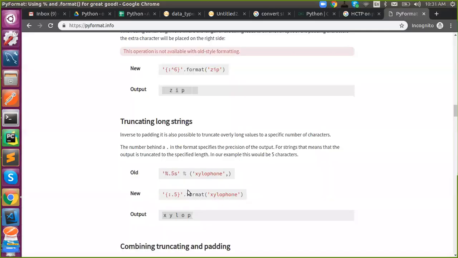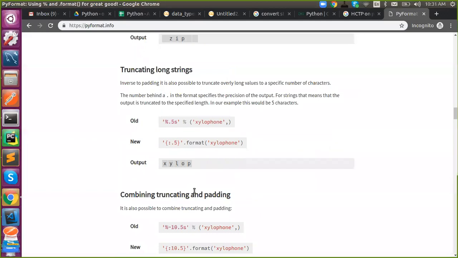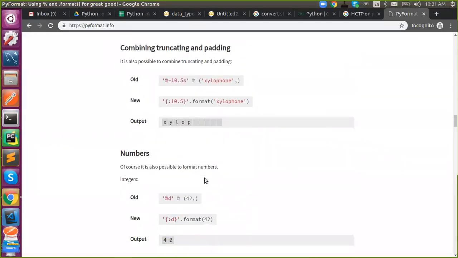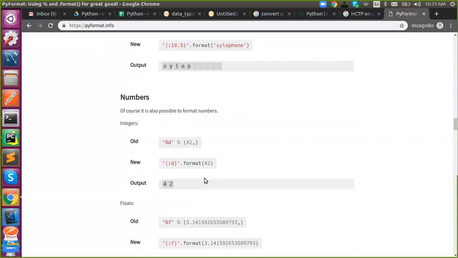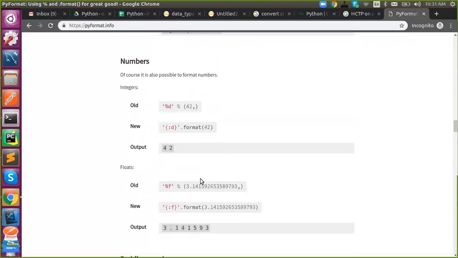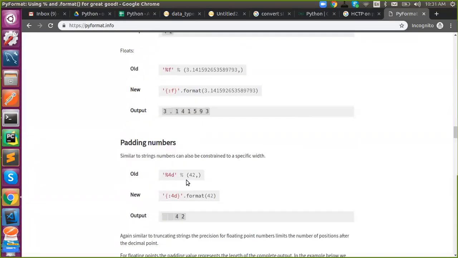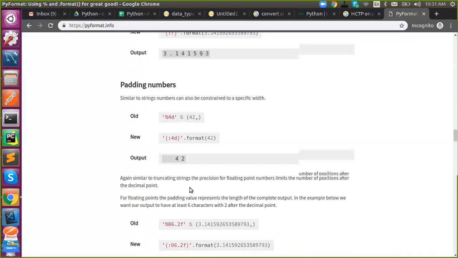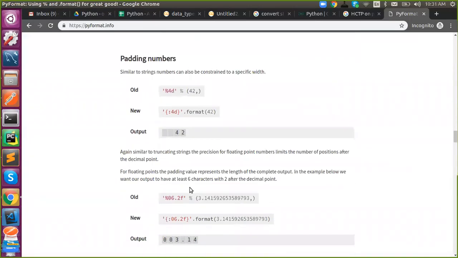Okay, so here we have detailed ways how to use both old and new formatting, both what we have actually seen and what else we might have missed. Everything will be there. Just please try to practice this. So for a float, if you want to restrict it to two digits, you can use this.